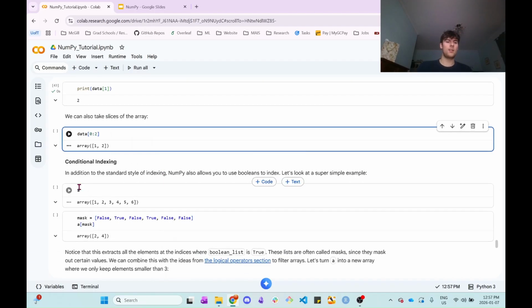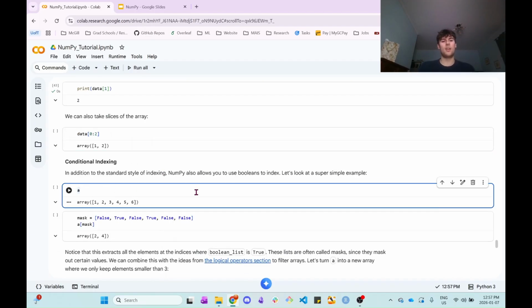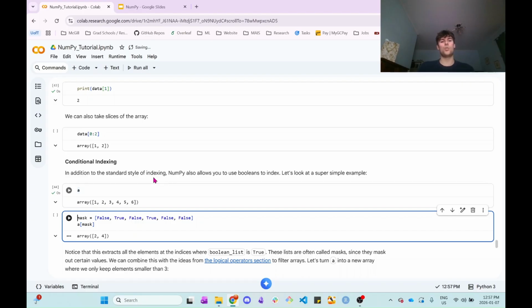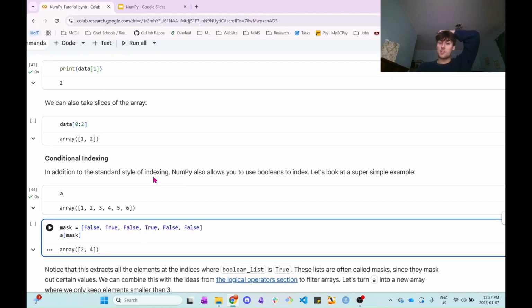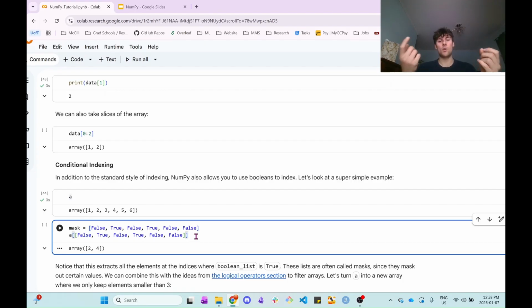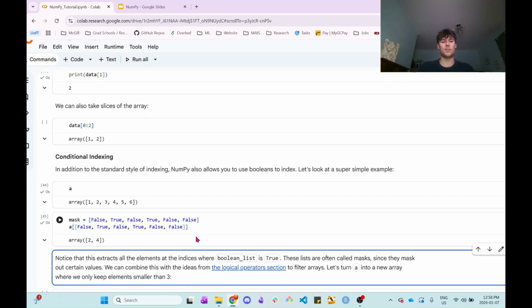It's very useful. And here's a new interesting thing that you probably haven't seen, which is called conditional indexing, or at least I think it's called that. Maybe I made up that name, but it's a nice thing to call it. So basically, what we can do is come up with an array of trues and falses, for example, and if we pass that in as the index, so literally what we're doing here, I'm just going to copy and paste this so you can see, instead of putting in a number like 1 or slicing like 1 to 2, we can paste in a list of booleans, and it's only going to return the elements where the boolean is true,